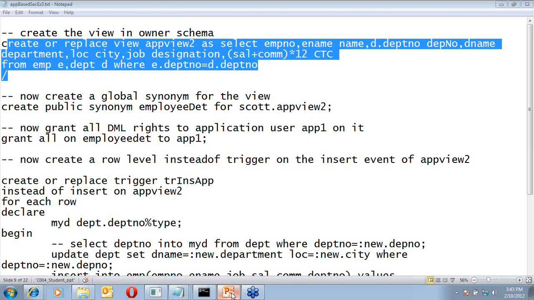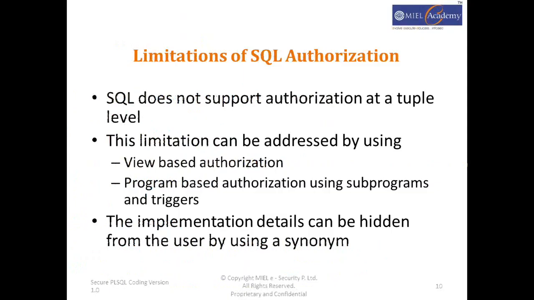Now let's quickly revise the things which we were discussing earlier related to authorization. With this example, now we have understood why it is important on the database side to have proper authorization irrespective of the kind of authorization which is controlled by your front ends. We realize the restriction on SQL grant and revoke is that, okay, still segregating the application user, that is the front end user, from the owner schema will help us to restrict only certain operations.